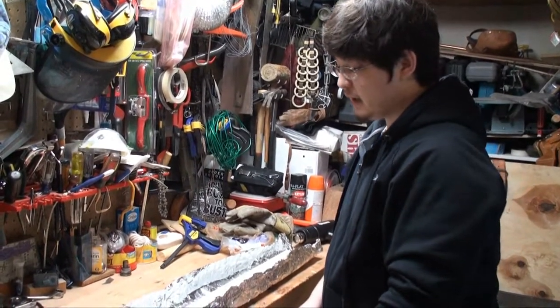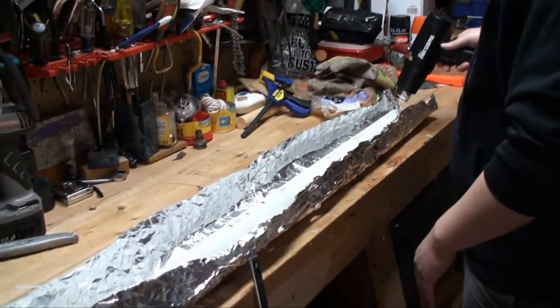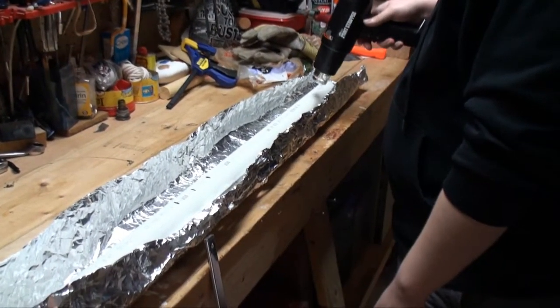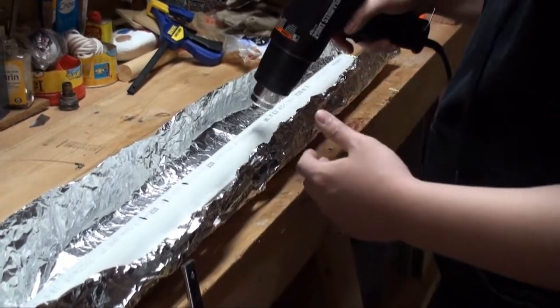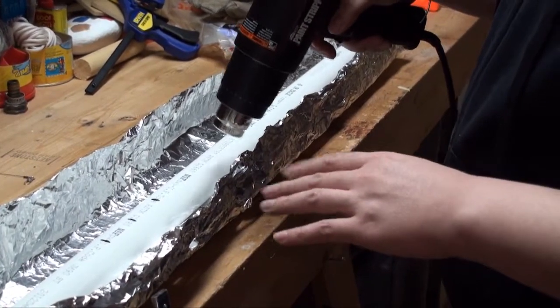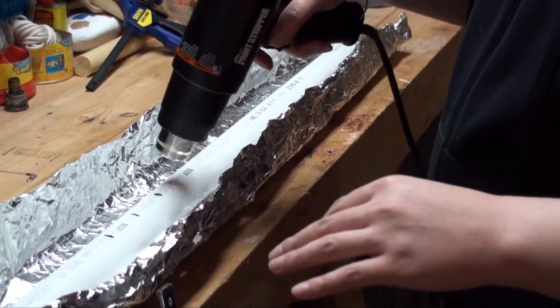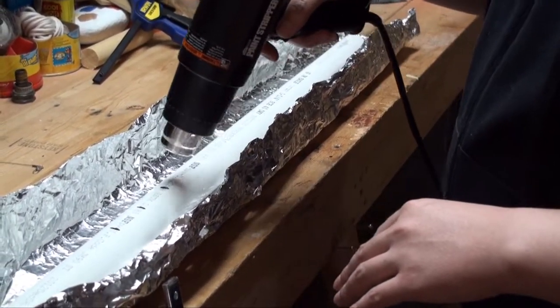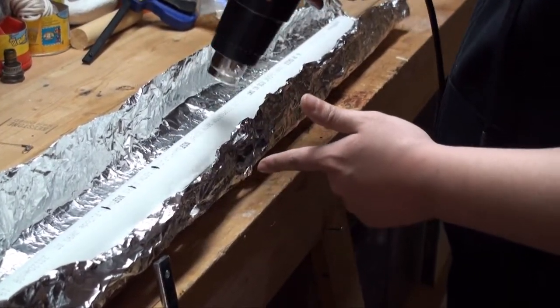So basically, to start off, just go ahead and grab your heat gun and just start heating up your pipe. The trick here is to just keep even heat. You don't want to stay in one position too long, because that'll start burning the pipe, and if you do that, then you're going to have issues with the bow becoming brittle. So basically, you don't want to heat too much further than your handle line,